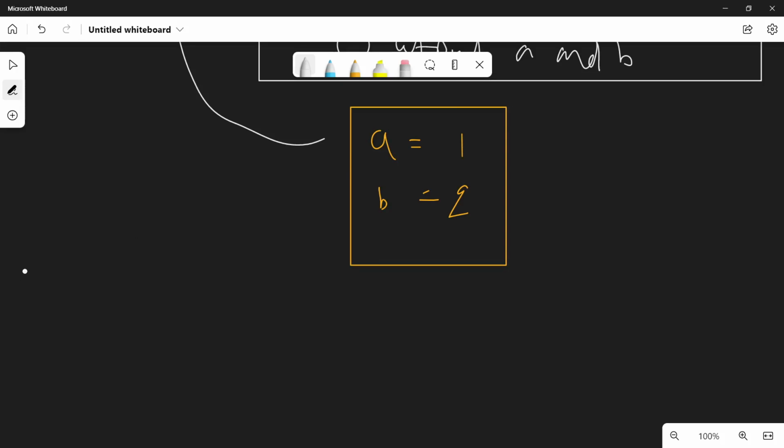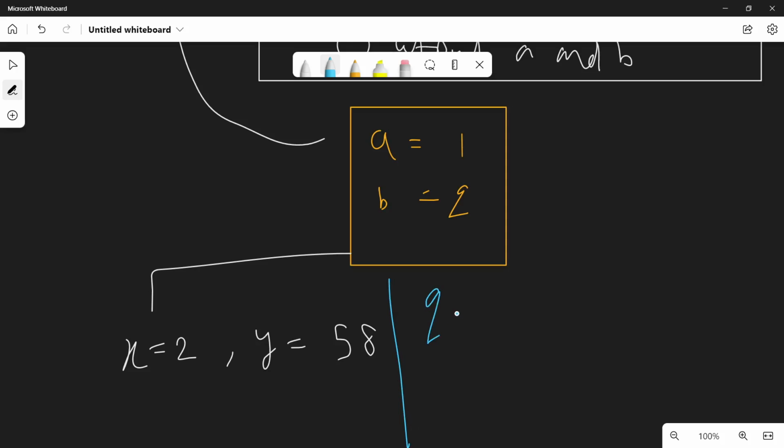For this case, let's take an example of x equals 2 and y equals, let's say, 58. For that you will find the value of q is 29, and you need to find n to the power of something equal to 29.